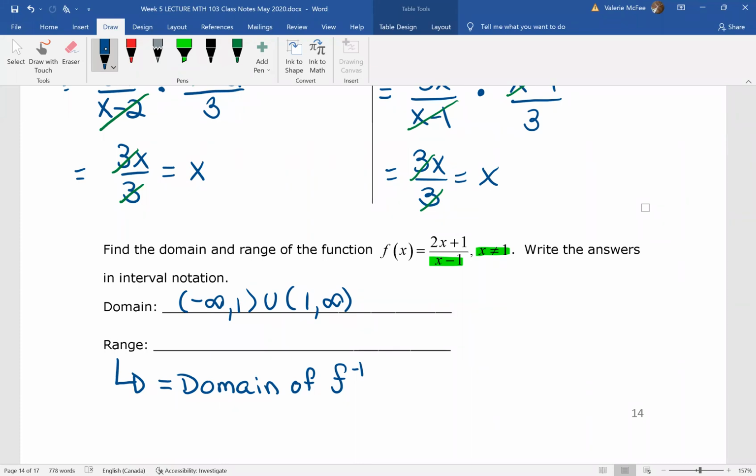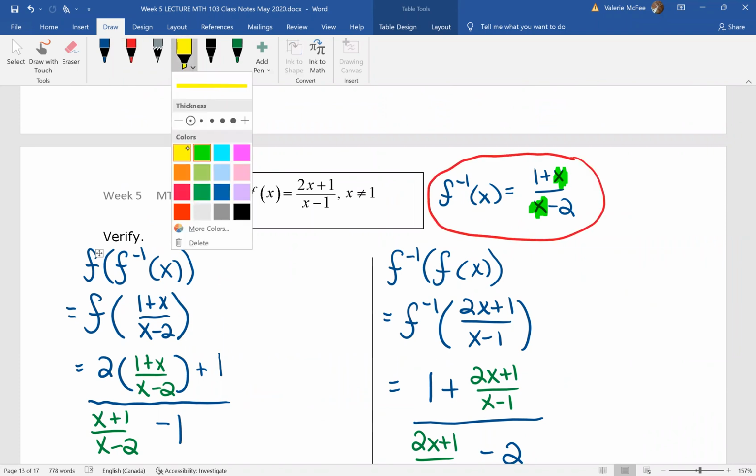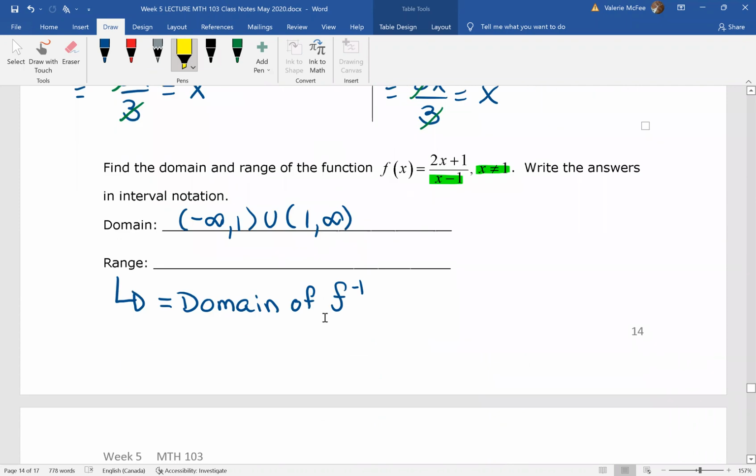We found the inverse function for 2x plus 1 over x minus 1. Here's our inverse function. So to find the range, we just need to find the domain of our inverse function. We see that x minus 2 cannot equal 0. Therefore, y cannot equal 2 in the function. So using interval notation,